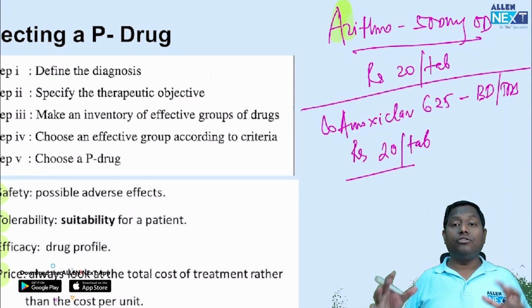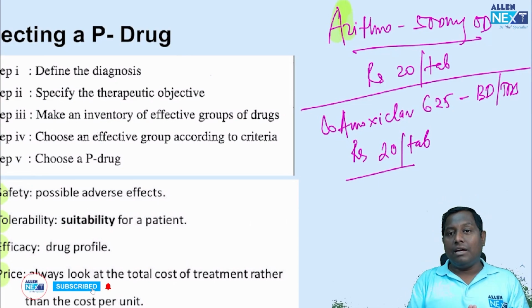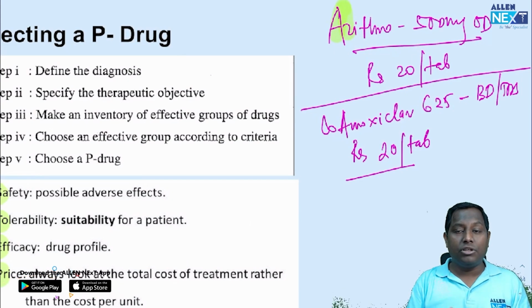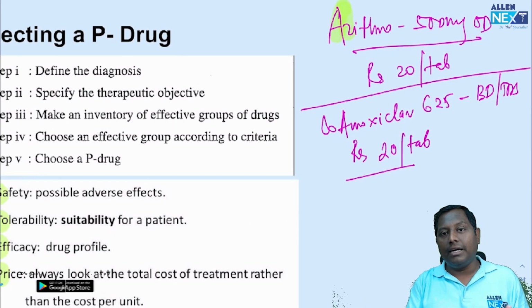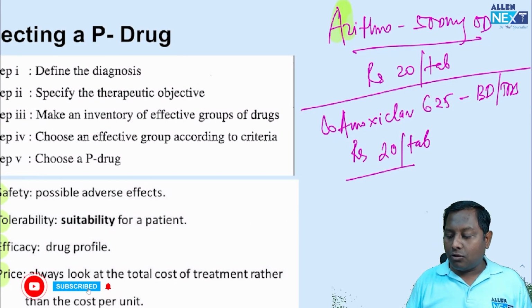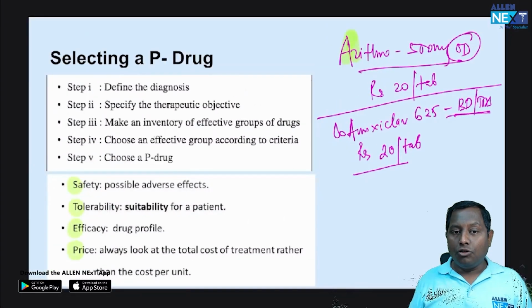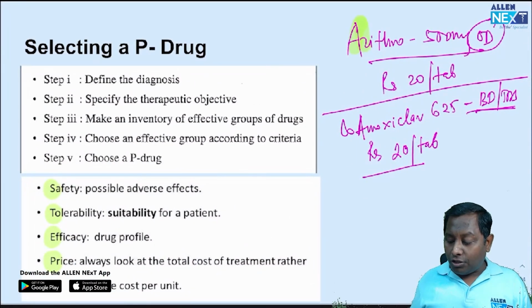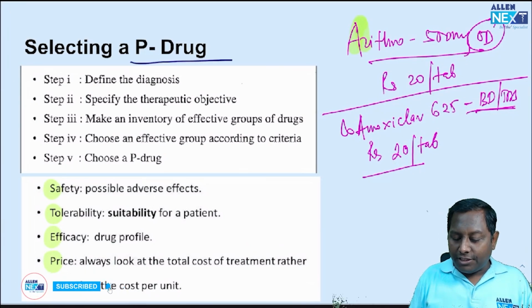No, because you have to consider the cost of the entire therapy. Amoxiclav अगर patient लेता है तो more or less he will have to spend around 200 or sometimes more than 200, like 300. Azithromycin अगर लेता है तो around 110 रुपीस में काम हो जाएगा, because इसको once daily लेना है और इसको twice or thrice daily लेना है। बात समझना है? तो you'll be considering the entire cost of the therapy rather than discussing the per tablet. ठीक है, कॉस्ट पर यूनिट नहीं, पर टैबलेट नहीं, ठीक है।